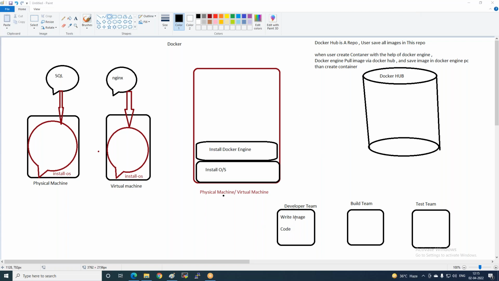If the code is right, the developer saves the code in GitHub, then the build team receives the code. Now the build team receives the code